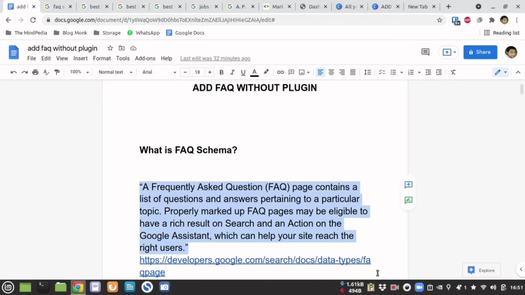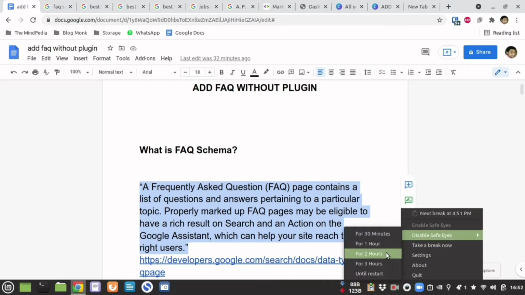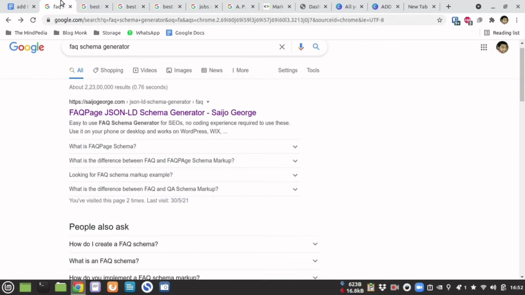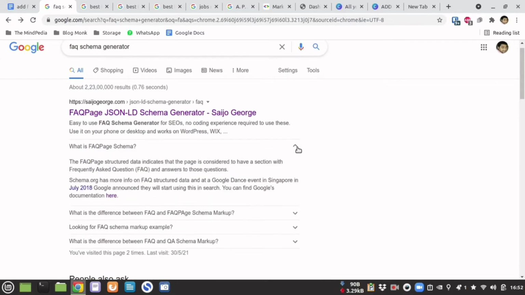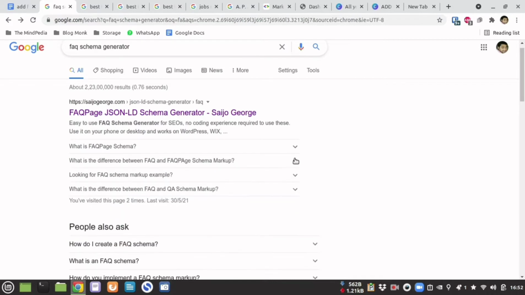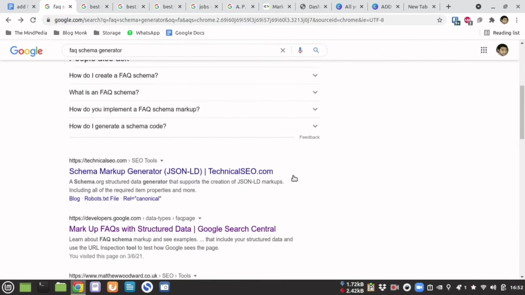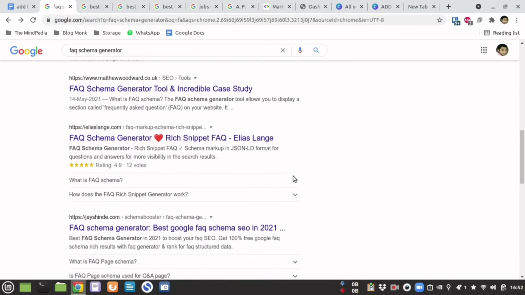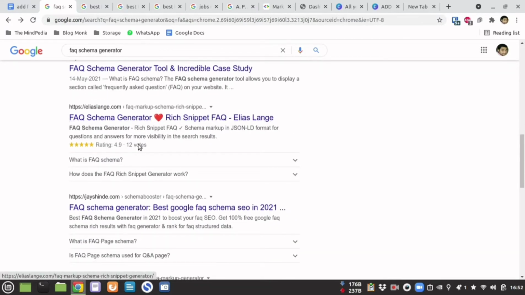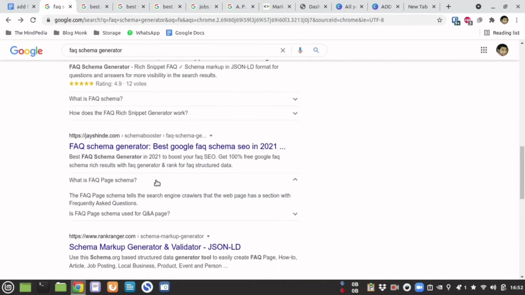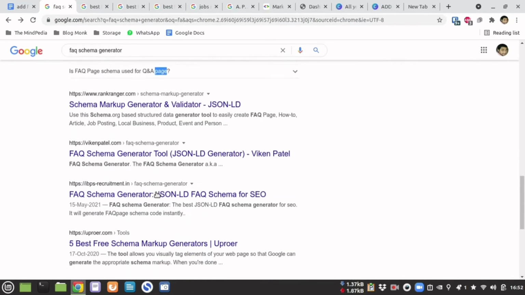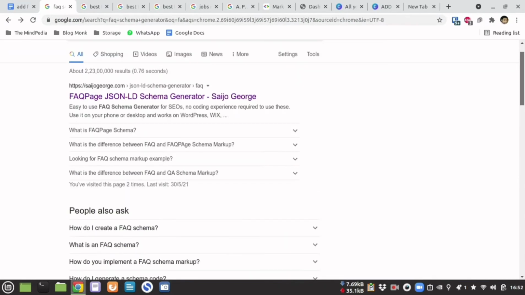This is the definition which you will find in Google. But let me show you how it looks like. Suppose I search a term called FAQ schema generator. These are the search results. Across certain URLs, you will find that there are a set of questions and answers which are mentioned. These are there because these websites have added the FAQ schema. You will not find it in all the websites. There are certain websites where you will find, as you can see across this also, there are 2 questions and answers which are provided by this website. Also on this. So out of all the 10 URLs present in the first page of the search engine, only 3 of them are having such kind of FAQ schema.